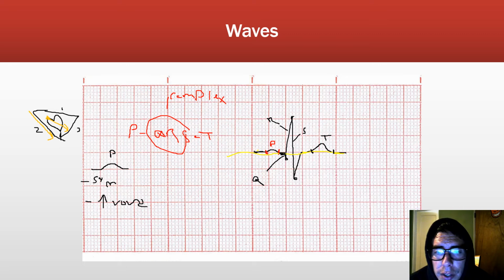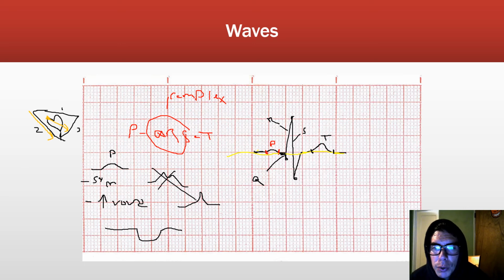And the upright part, we want the P wave to be upright and round in lead 2. Well, round in all leads, but upright in lead 2. So those are the rules for it to be a normal P wave: upright in lead 2, round, and symmetrical. So if we have, for instance, a P wave that looks like this, or one that looks like this, or one that looks like this,